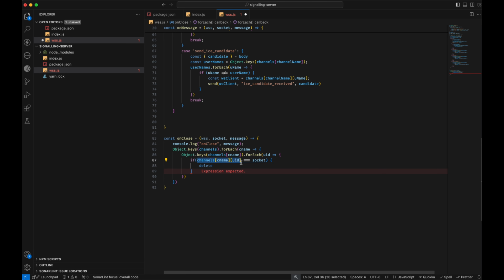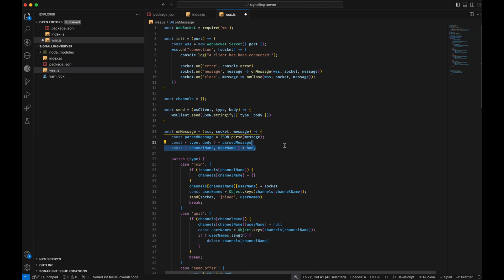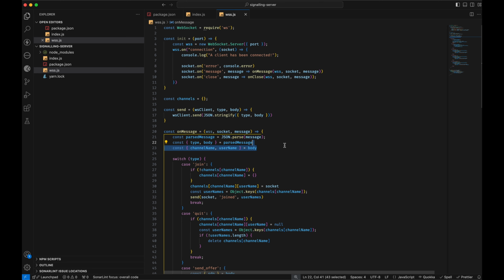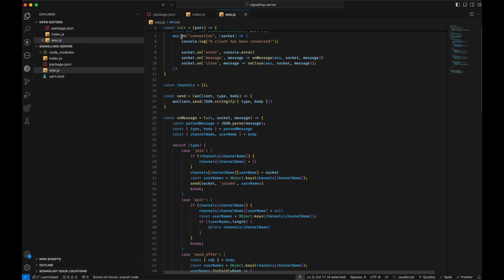So when a user quits, when a user leaves the session, what do we want to do? We want to remove that user, which is the socket object, from all the channels, so that the user is not showing as online anymore. Right, I think this is all we need for our WebSocket server. Now let's just export this function